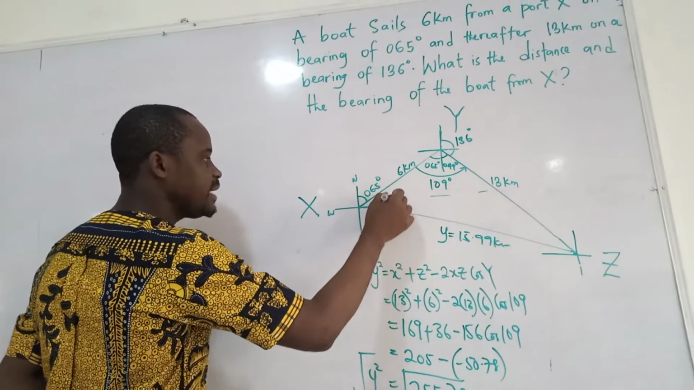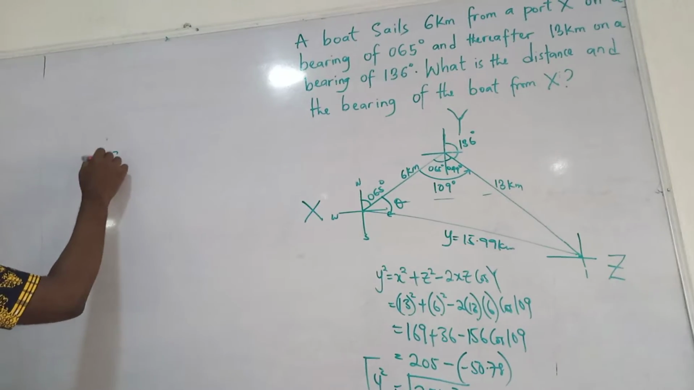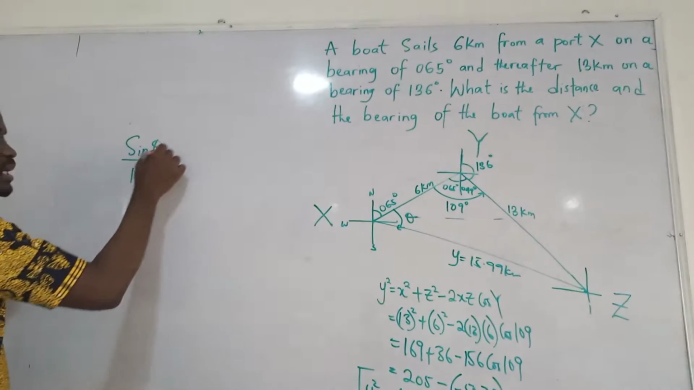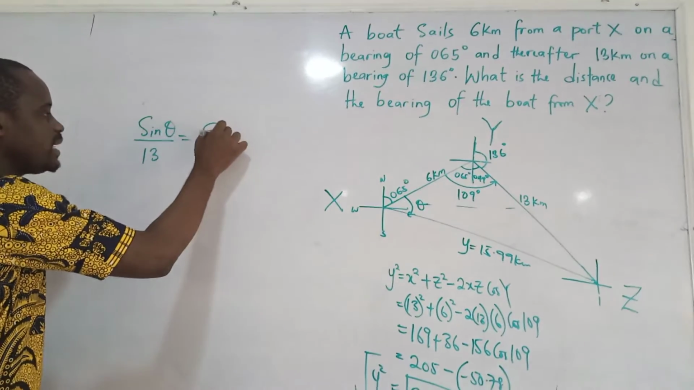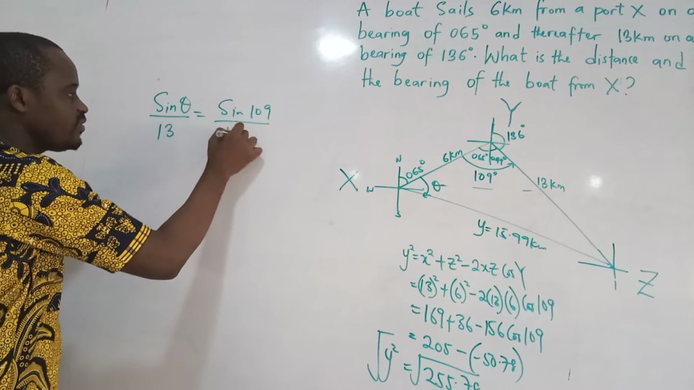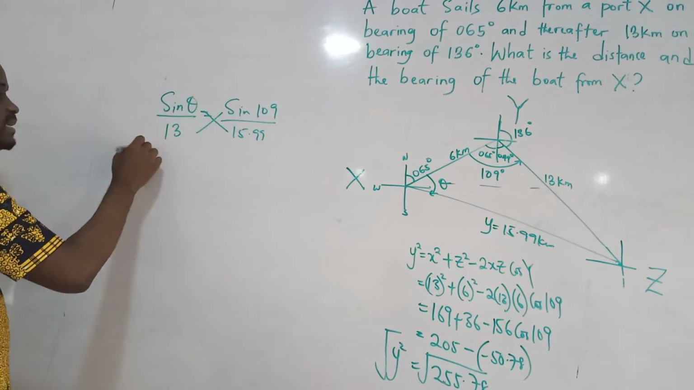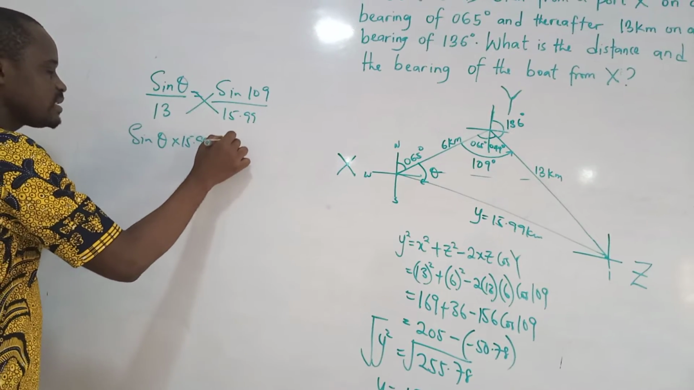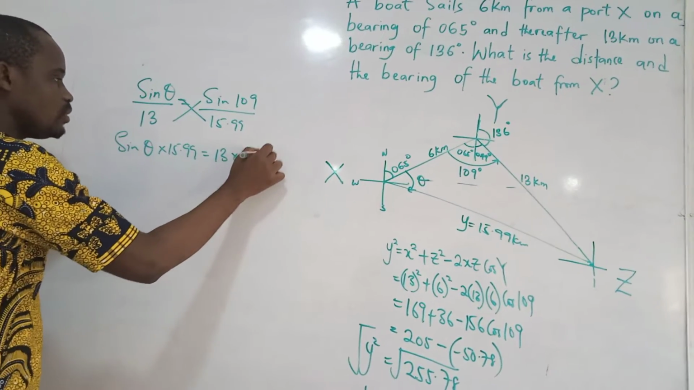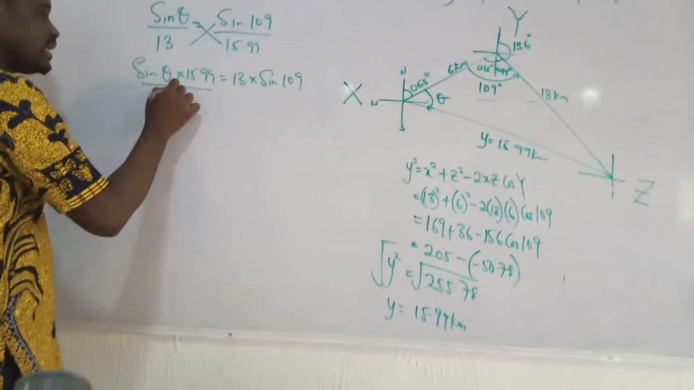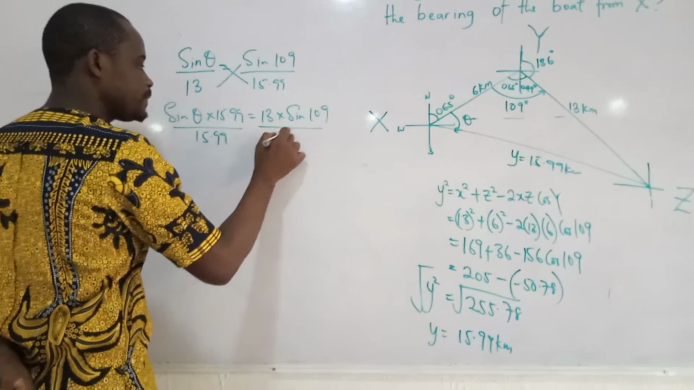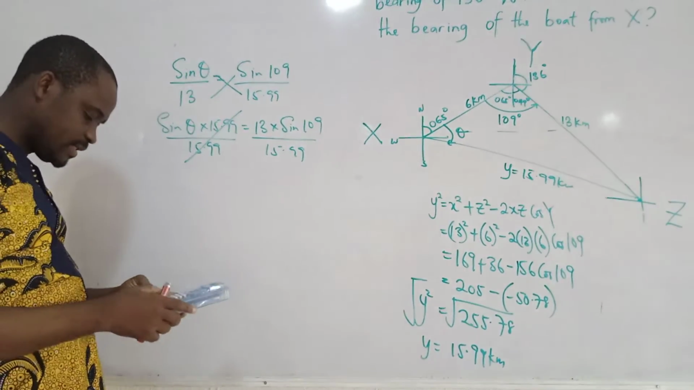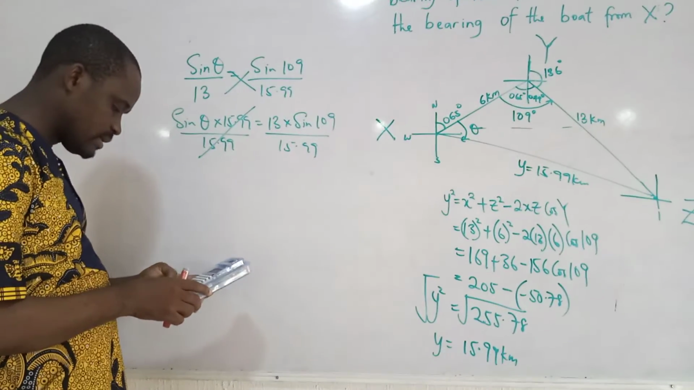So let's proceed. Coming here, we put theta here. So sine theta over 13 equals sine 109 over what? 15.99. Cross multiply. This is sine theta times 15.99 equals 13 times sine 109. Divide through by 15.99. This cancels this. So 13 times sine 109